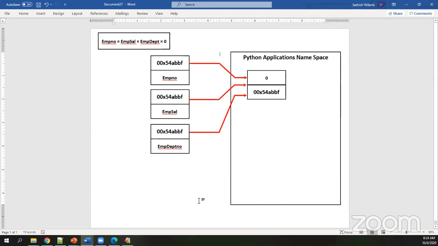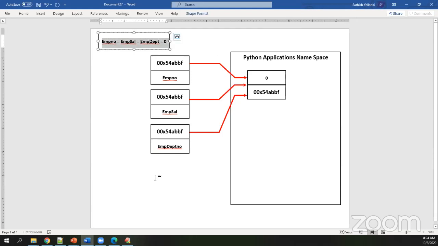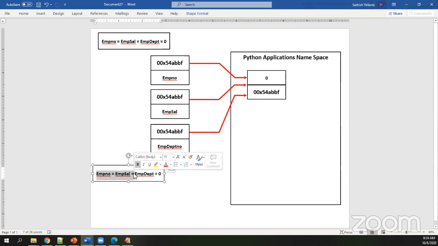Now, what is the guarantee that all these variables will always have the same value? A variable can change its value. Do you agree with me? Suppose after some time, a requirement arises and I say that the employee's department number is 10.